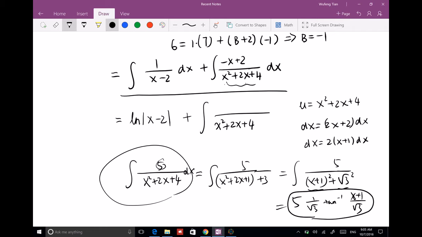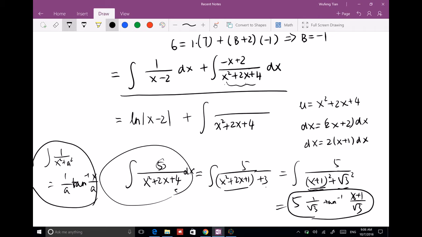If it's just a constant on the numerator, we don't have any problem. We just do the square form, x squared plus a squared, because the antiderivative of 1 over x squared plus a squared equals 1 over a times inverse tangent of x over a, right? You know this one. Okay. So if it's just a constant on the top, it's pretty simple. We can do it quickly. With x plus 1, you divide the 4 into 1 and 3. There's a complete square and the square root of 3 squared. And then you use the